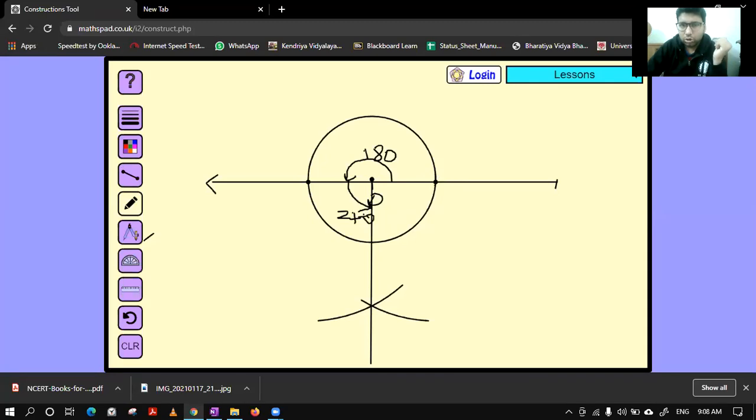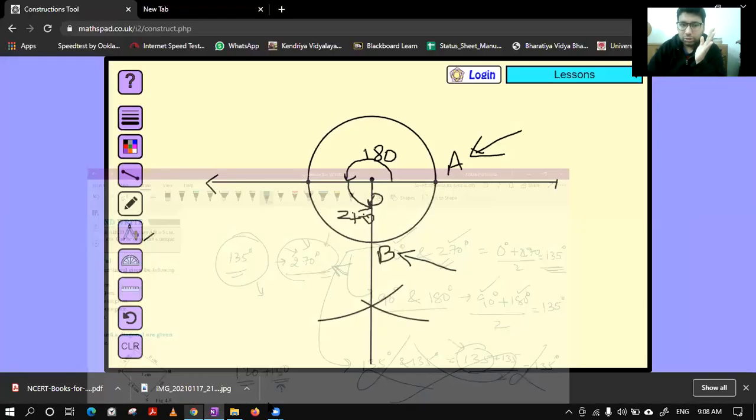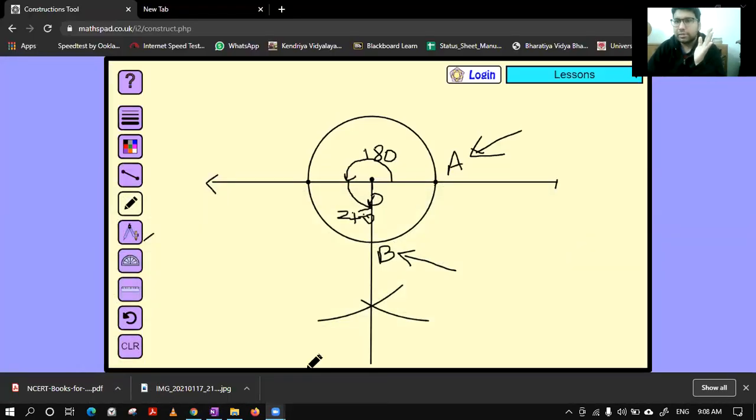degree. So if I call this point as point A, this point as point B, are you able to understand what I'm going to do? This point A is showing a 0 degree angle. This point B is showing a 270 degree angle. Although it is quite lengthy, but still we can understand what we are doing. Class, till this point, is it clear to you? We have found 2 points A and B. A is showing 0 degree and B is showing 270 degree.